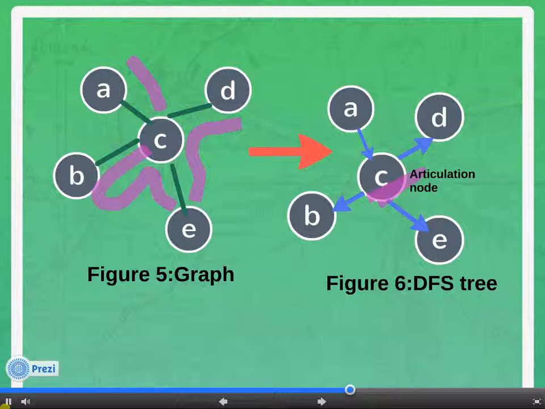First, the root node is an articulation point if it has two or more children. Here in this figure, node A is the root node and it has only one child, so it is not an articulation point. In the second case, a leaf node cannot be an articulation point. In this figure, nodes B, E and D are leaf nodes, so they cannot be articulation points. In the case of an internal node, we check whether a child of the subtree of the internal node climbs up to a higher level or lower level using a back edge. So C is the only articulation point here in this figure because no child of the subtree is related to any back edge.